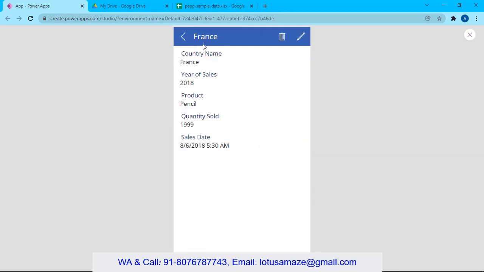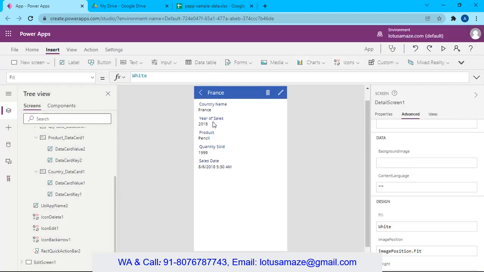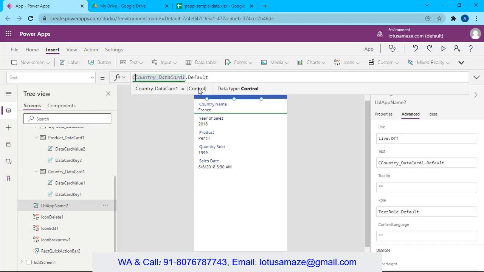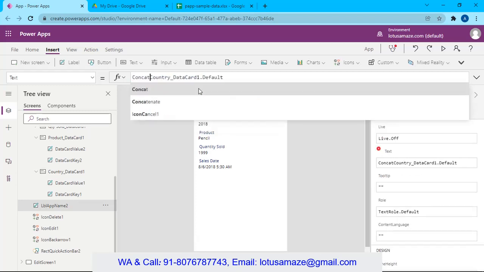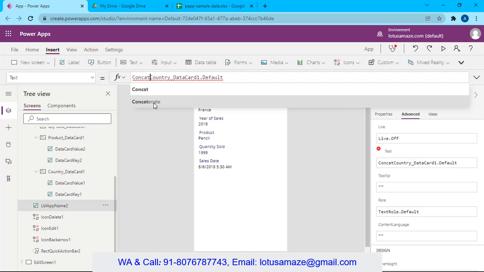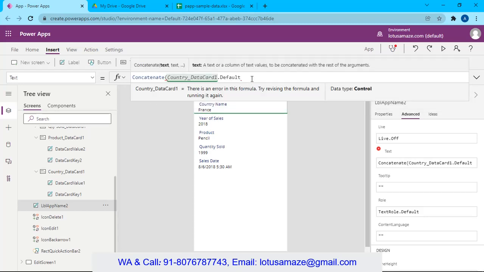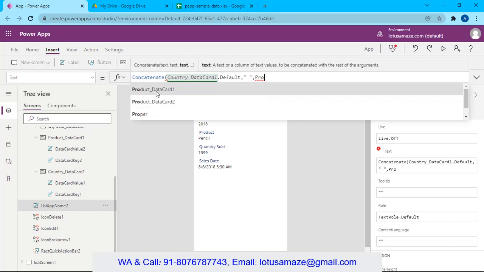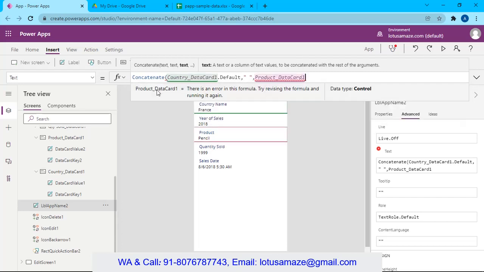Suppose I also need the product name along with the country name in the title. Say Concatenate, then the other card, product data card 1 dot Default.